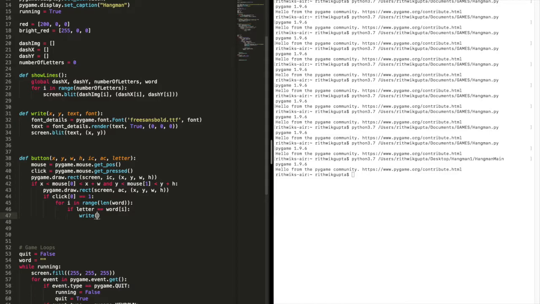If it's correct, then we're gonna write the word. We're just gonna write letter, so the text is gonna be letter, which is our third parameter. The first parameter is the x, and the second parameter is the y. So for the x, we're just gonna put